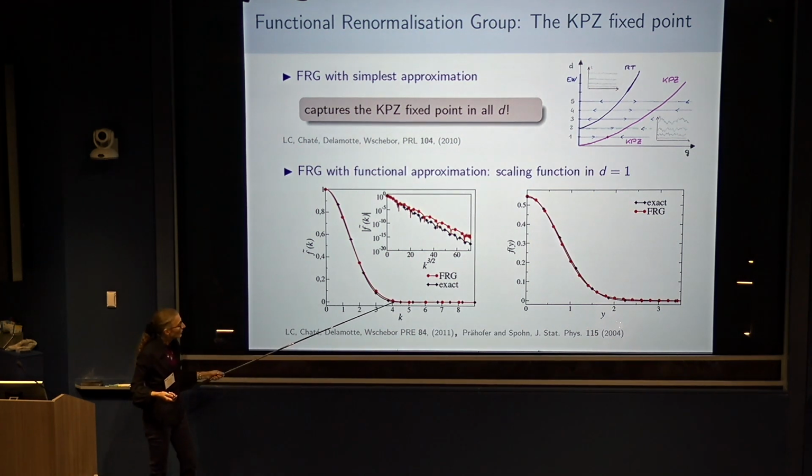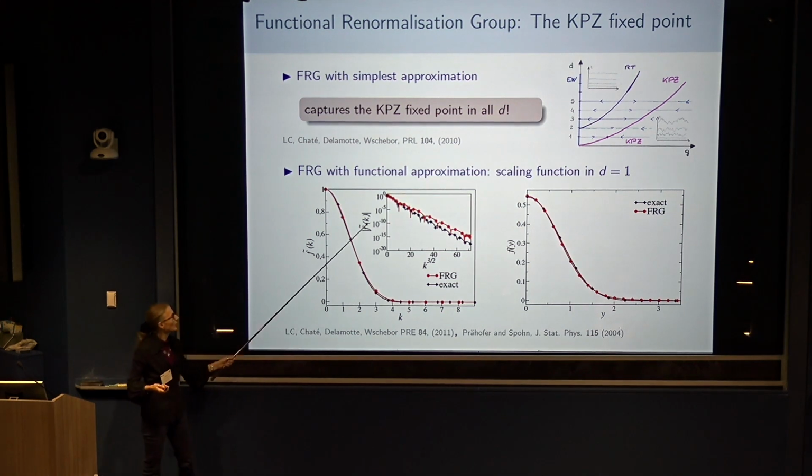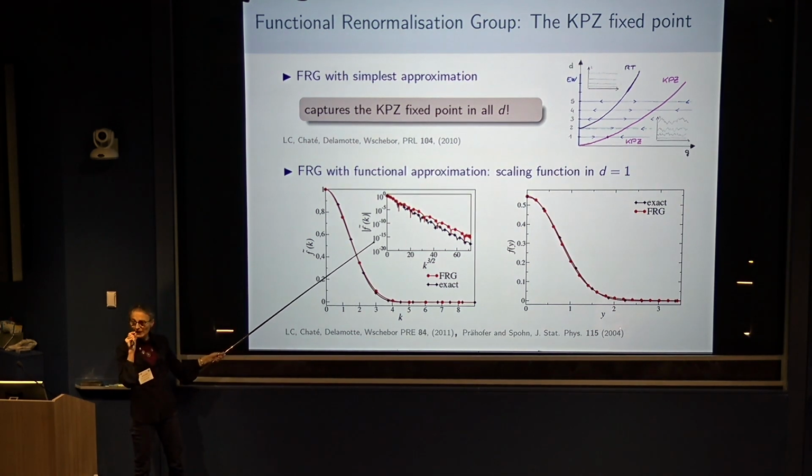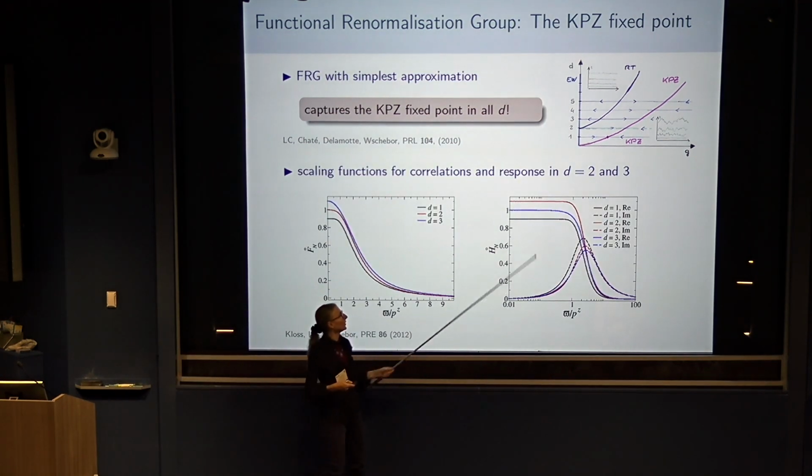In particular, if you look deep in the tails here, it was shown in the exact result that you have a stretched exponential with superimposed tiny oscillations. But look at the magnitude here. Those are really tiny, tiny features, but we can capture them with functional RG. And you can compute in other dimensions because, okay, you have the fixed point in all d.